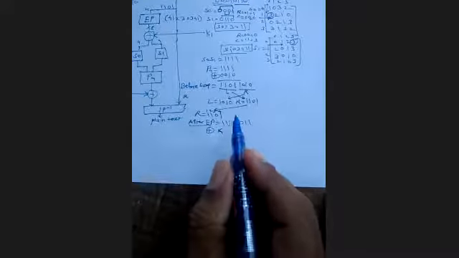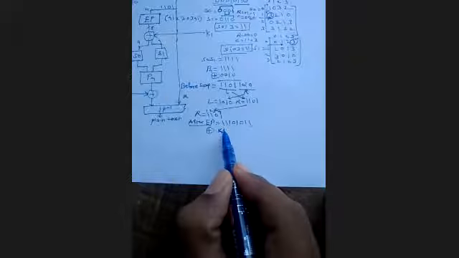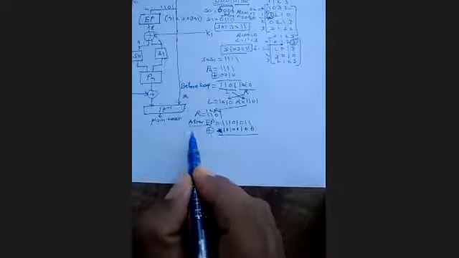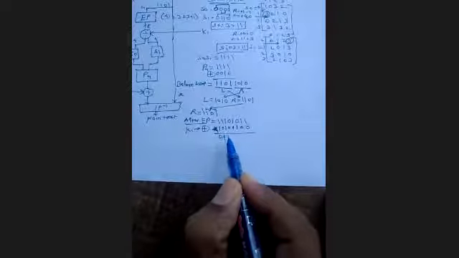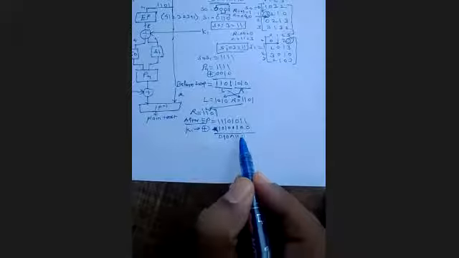K1. So what is the value of K1 over here? 1010 0100. This is my K value you have to add. This is my K1. Got it? So after addition, 1 1 0 1 0 1 1 1 0 0 0 0 1 0 1 1 1 1. So that is the K1 addition.